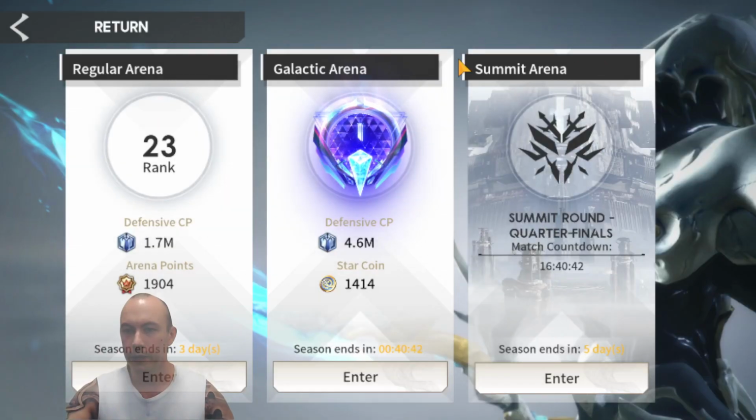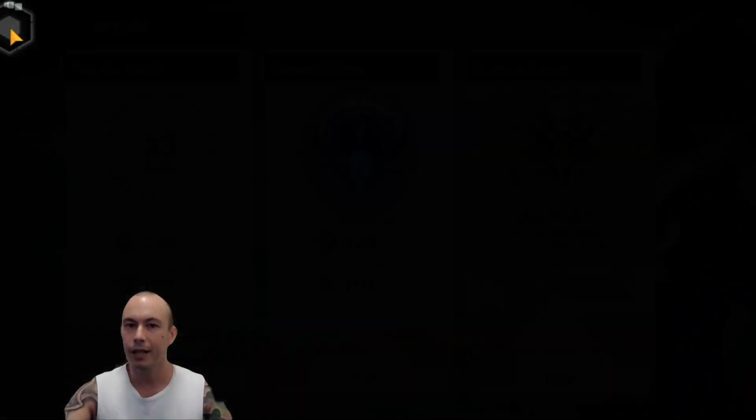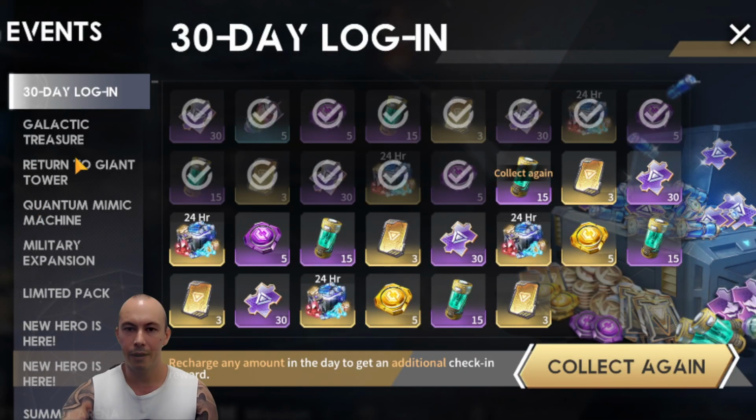And then as well, there's another event called the Summit Arena, and that lasts for 2 weeks roughly. And that pops up at the same time as the Rise of Hero events. So they're the special events that kind of repeat themselves, but you just want to keep an eye out for